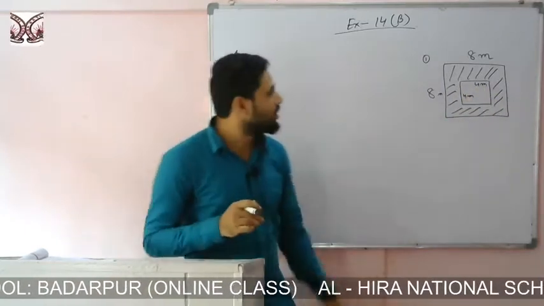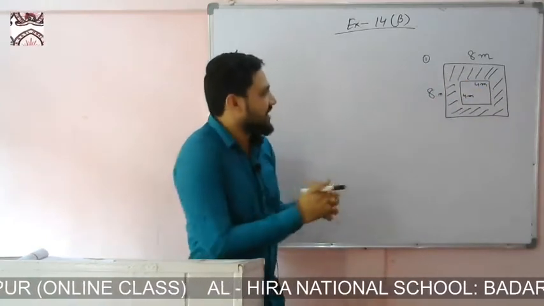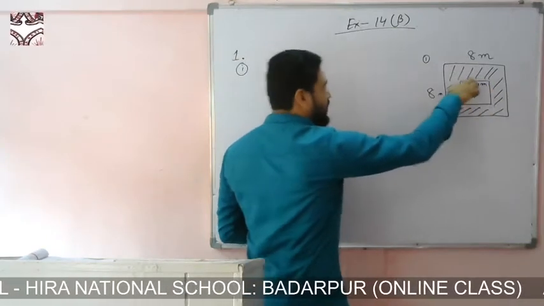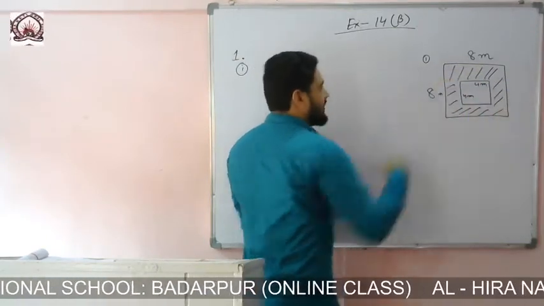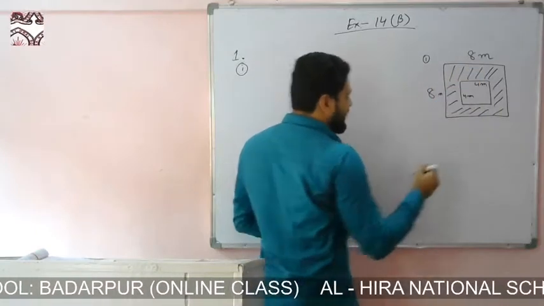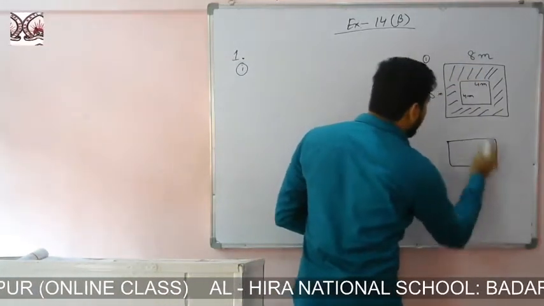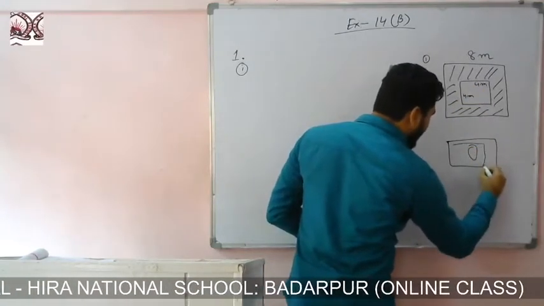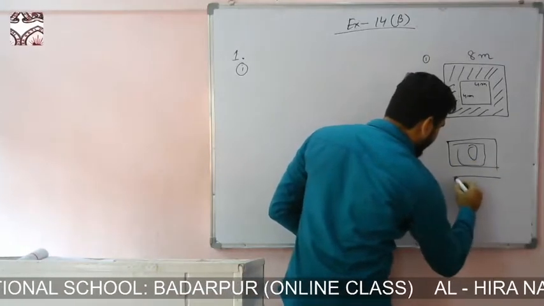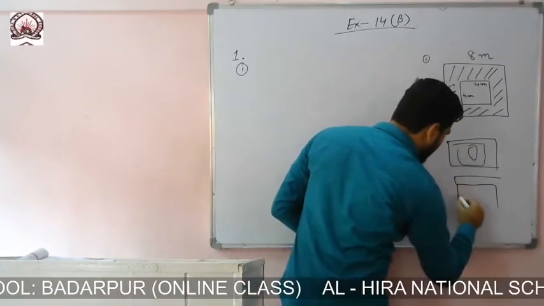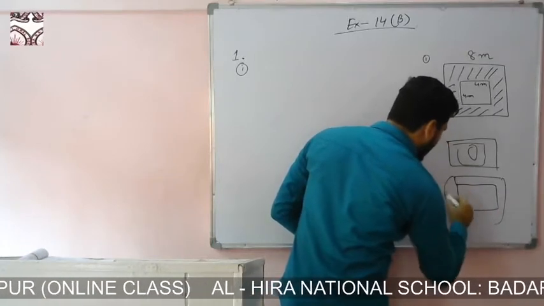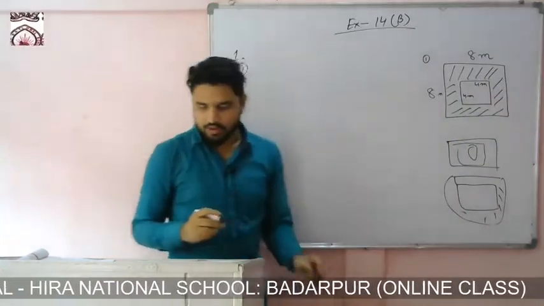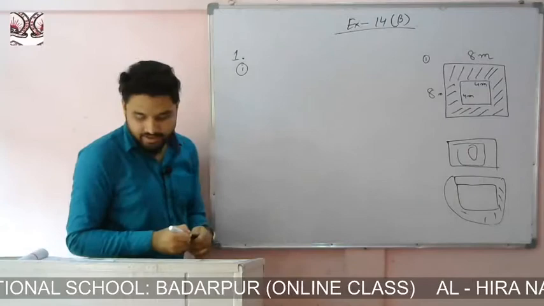Okay, so to find this area, if I subtract the area of this small square from the big square, then I'll find this one. If I subtract this, then only this portion will remain. That means only the boundary, that is the shaded portion, will remain. Okay, so it will be like that, right?